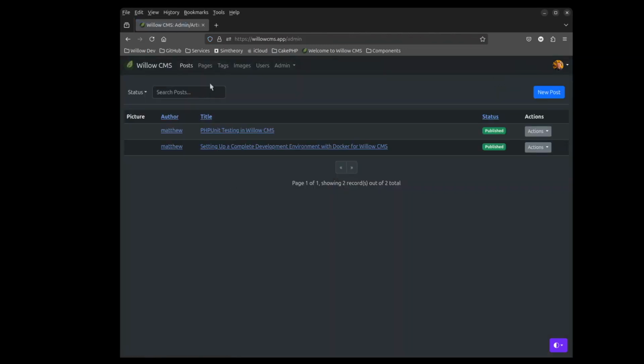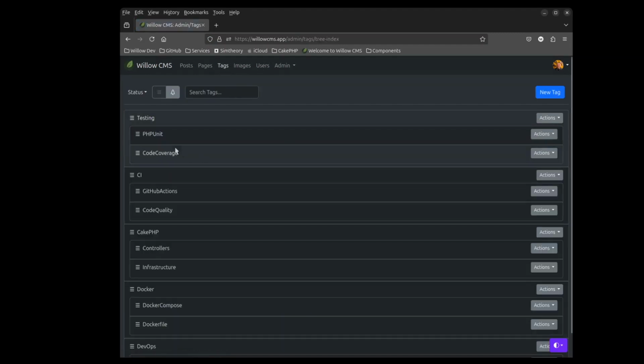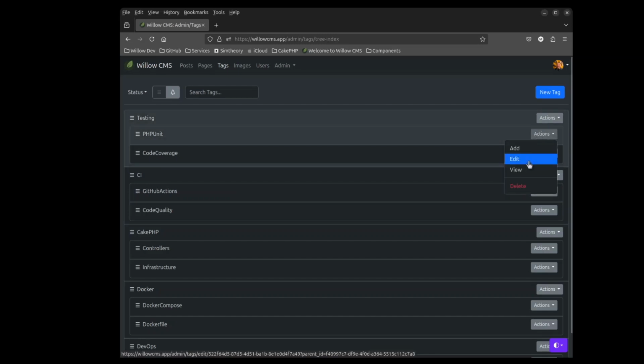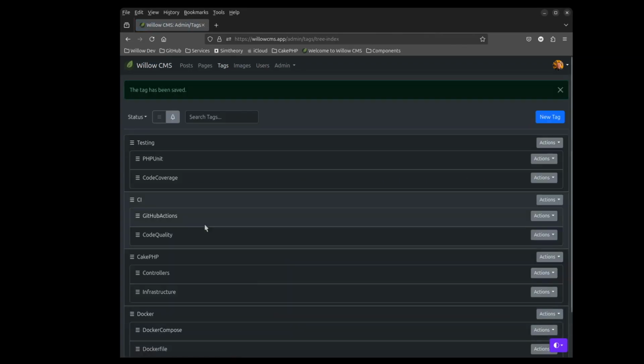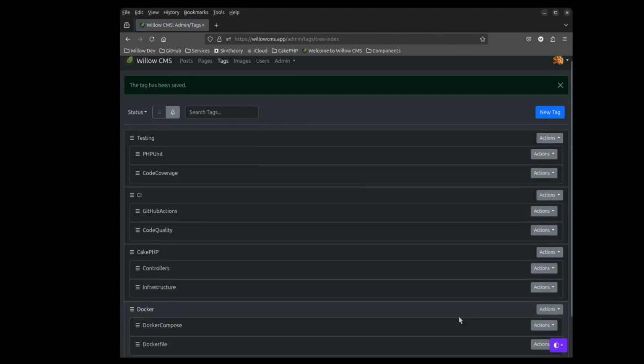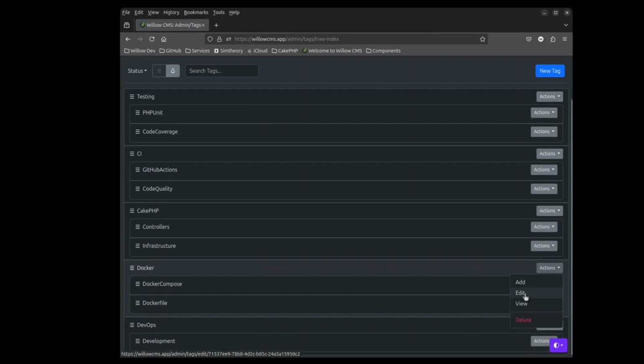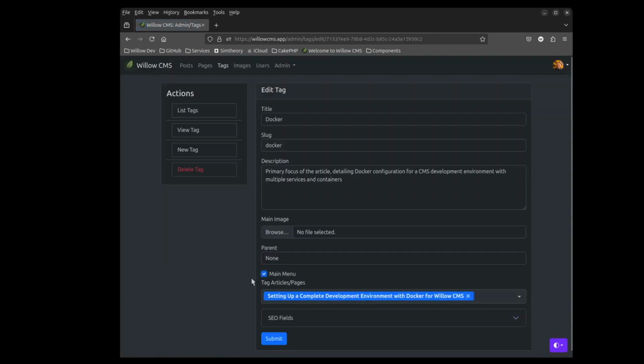If I go back to the admin area, we'll take a look at the tags that were generated. So under tags here, these are tags that, again, generated from the article content that we'd written. And I want to pull some of these through into the front end of the site, so the menu system, so we can filter that blog. So at the moment, I'm really only blogging about PHP unit, so we'll edit that one and tick main menu. And Docker, let's take this one. So we'll go to Docker, edit that, tick main menu,